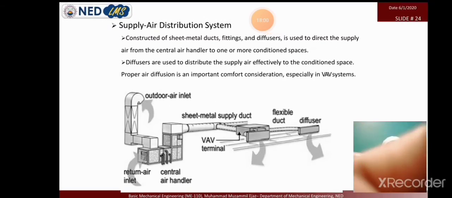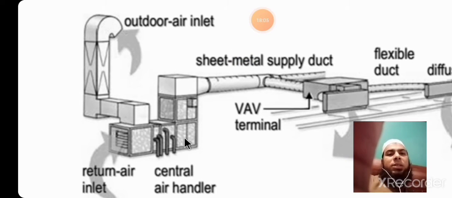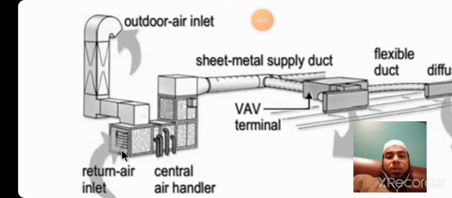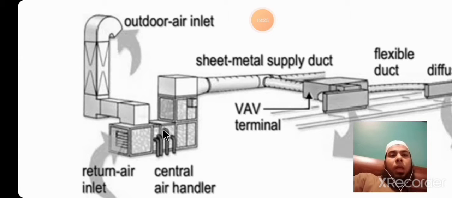This VAV system is basically an air distribution system. This is the air handling unit, which we already studied in the previous drawing schematics. This is a return air inlet from inside the room. This is the outdoor air that mixes in the mixing box. Then it goes to the filter, then it goes to the cooling coil. Then, if it is a very accurate system for humidity, it goes to the desiccant wheel or reheat coil. But normally in Pakistan, we